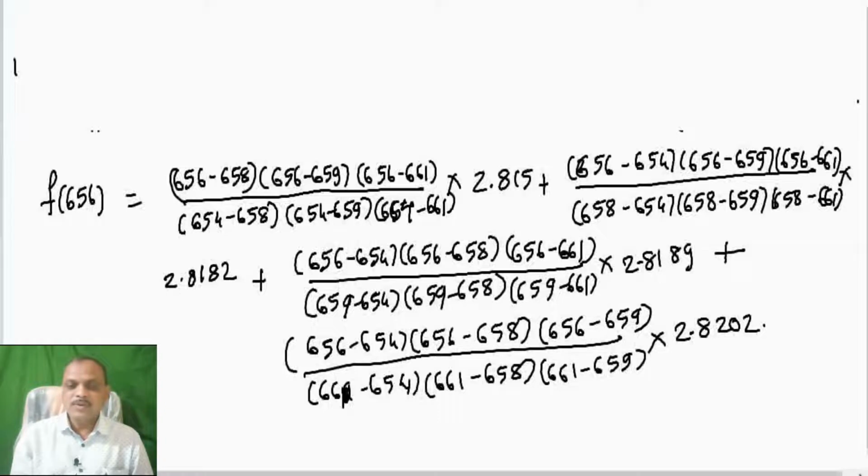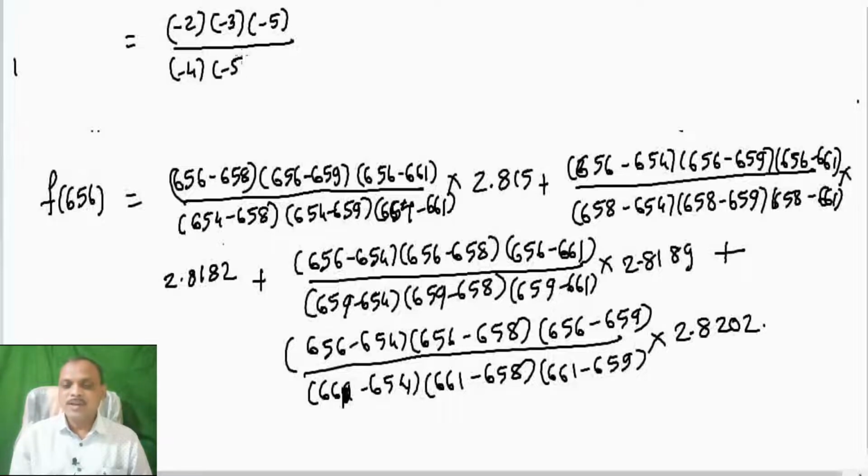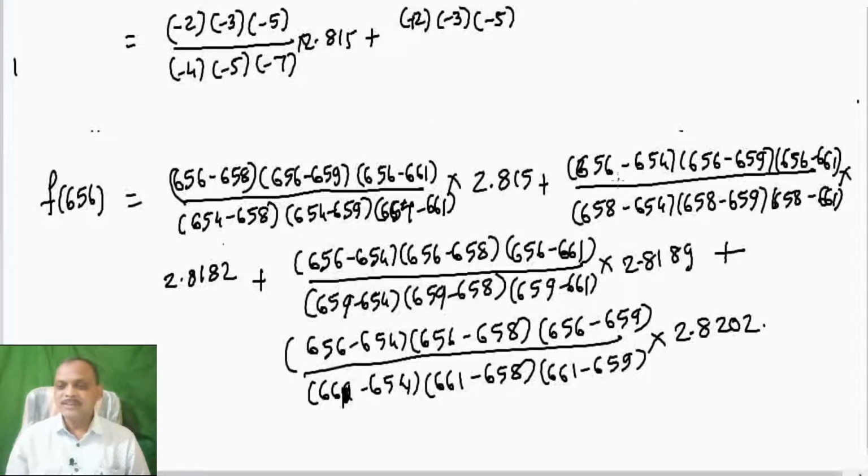Now 656 minus 654 is 2, and so on. So minus 2 into minus 3 into minus 5, divided by minus 4, minus 5 and minus 7, into 2.815, plus minus 2 into minus 3 into minus 5 divided by plus 4, into minus 1, into minus 3, into 2.8182, plus